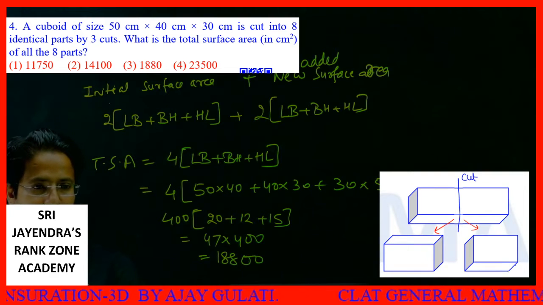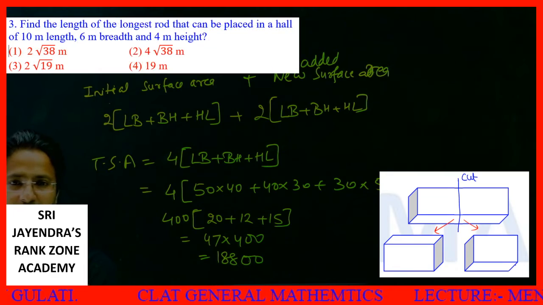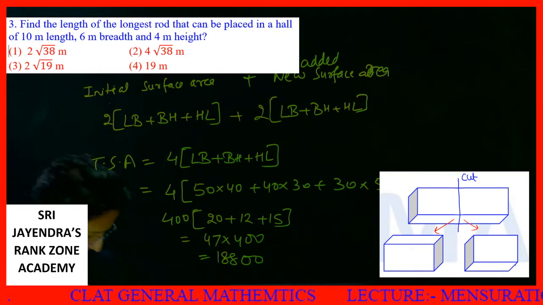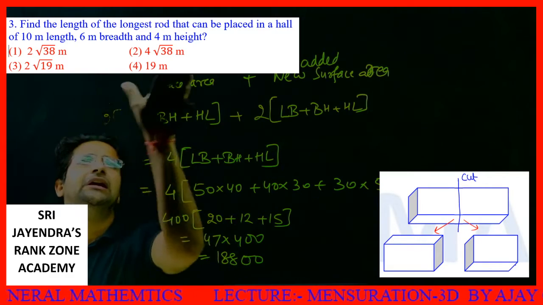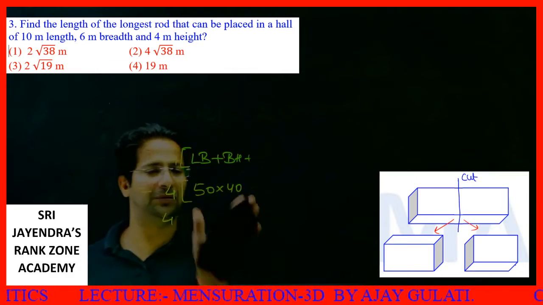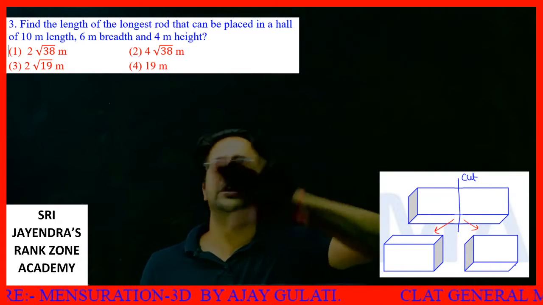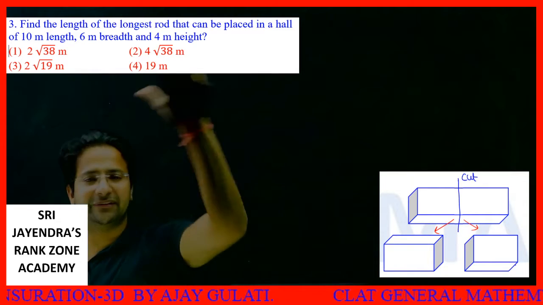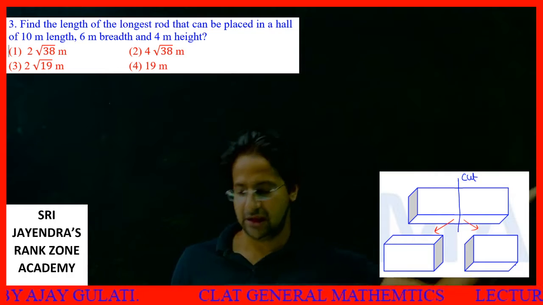So let's take the next question, dear students. This is based on the diagonal of a cube or cuboid. Okay, students, so far we were discussing cube. What is cuboid? What is cube? A cube is a figure which has L, B and H all equal. Okay, what is a cuboid? Cuboid has L, B, H generally different. A cube has all its length, breadth and height equal.